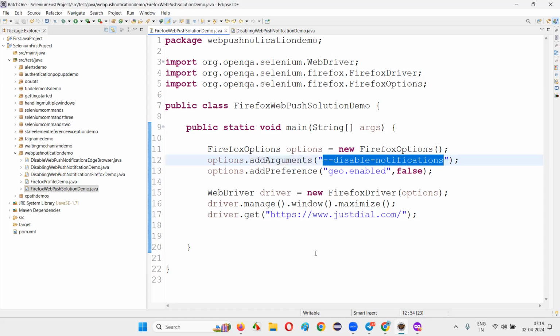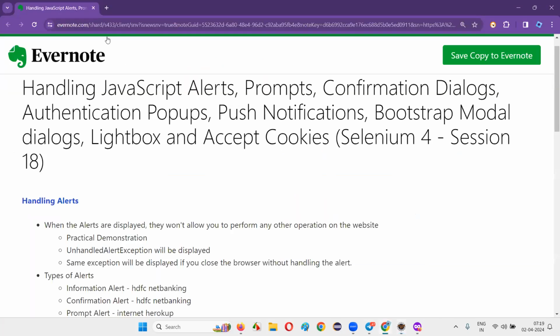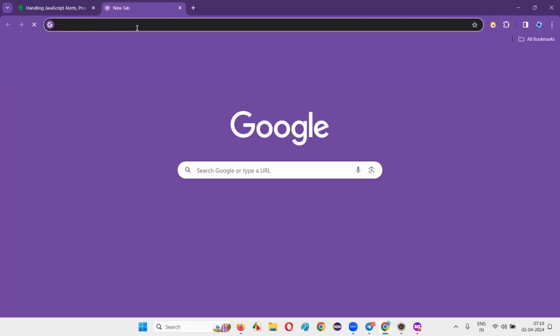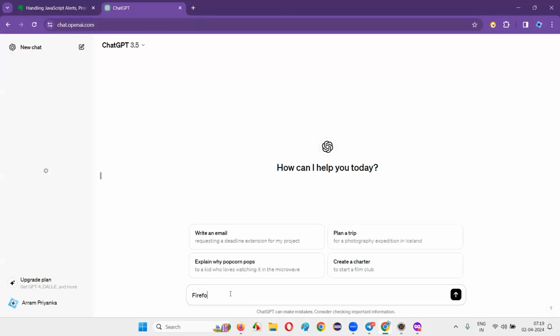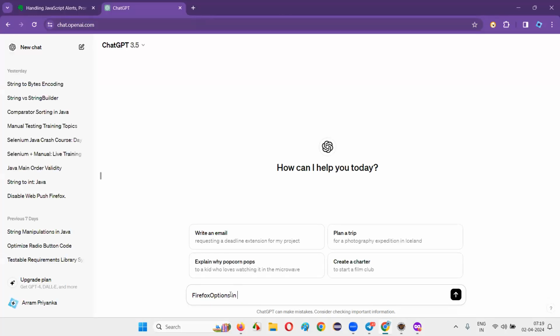That is something we have to figure out, guys. You don't have to think that much about what add arguments or add preference will do. We just have to add them and get the things done for our automation. The focus should be on whether we are getting the results rather than what options you are working with. But since you have asked, we can do some R&D on Firefox options in Selenium